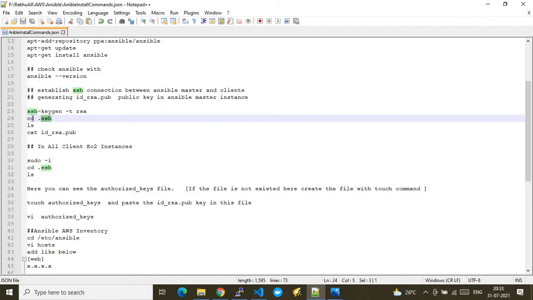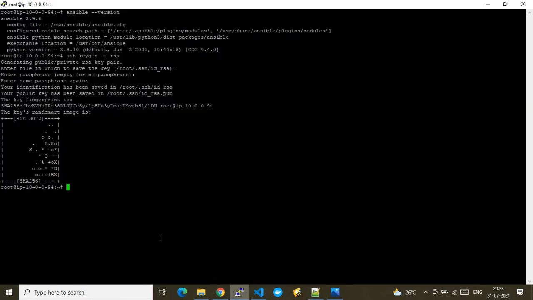So now we need to copy, so what is the next step, right? The next step is to copy this generated public key and put it under the Ansible client nodes, so that the communication procedure will be established. Since we have just now generated the public SSH key, let's see how it looks.